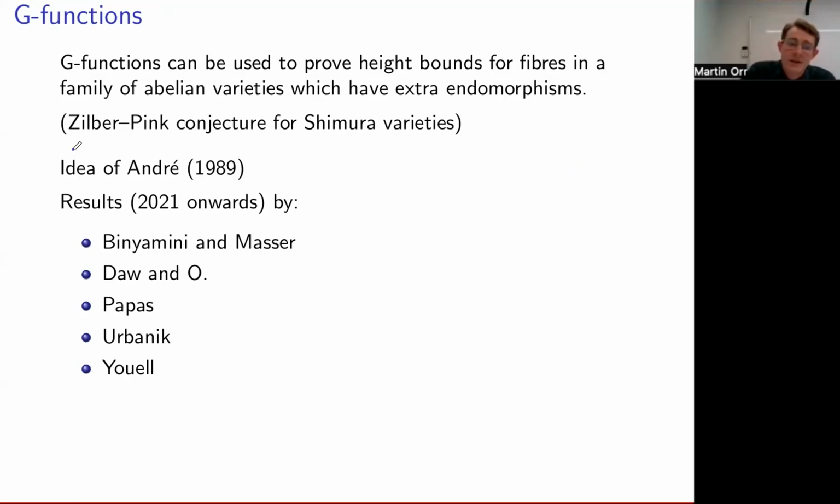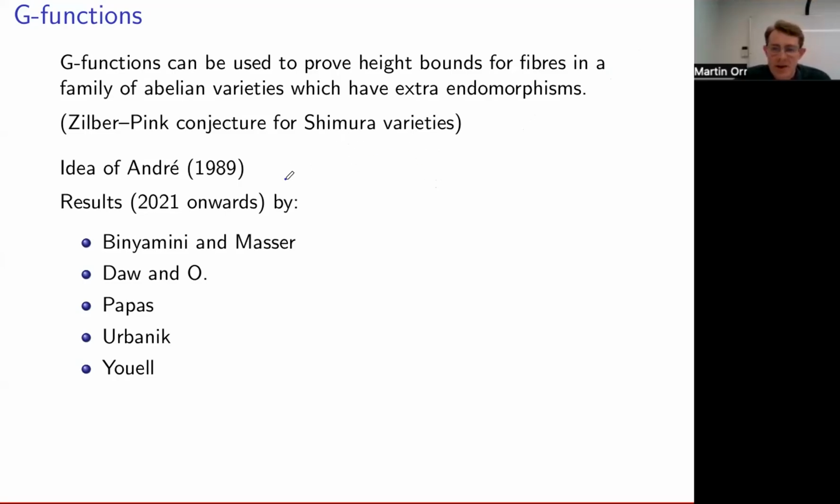And this sort of forms part of the Zilber-Pink conjecture for Shimura varieties, in the same way that I've been talking about the Zilber-Pink conjecture for abelian varieties, and having some height bound that's a key step in proving that. Similarly, these G functions prove a height bound that's a step towards proving cases of the Zilber-Pink conjecture for Shimura varieties. And in this context of talking about endomorphisms in families of abelian varieties,